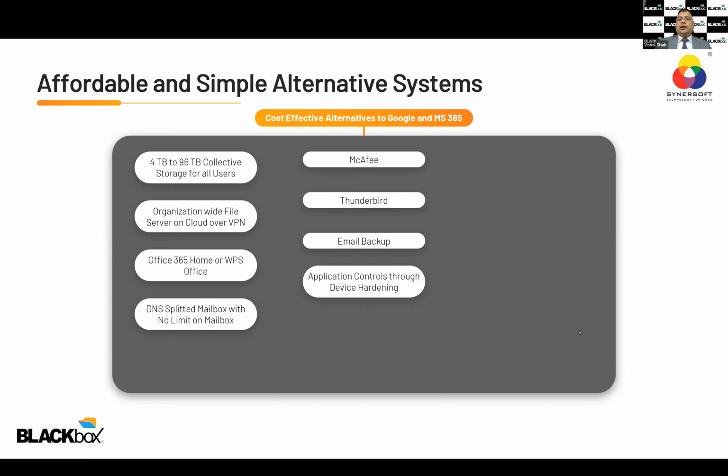So alternatively, you can identify device hardening instead of paying so much for Azure on cloud or Azure AD kind of. Then instead of using Meet or Microsoft Teams, you can use Zoom, paid version of Zoom with webinar, which is very cost effective. Then you can have device-based access to the cloud. You can have VPN implemented, as I have explained.